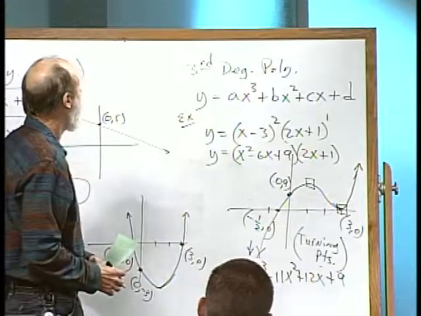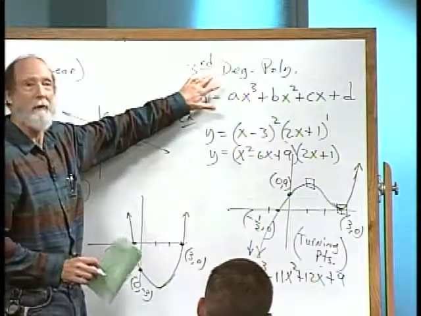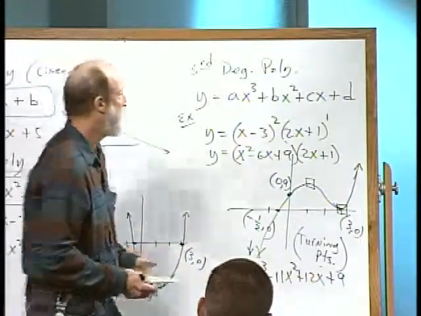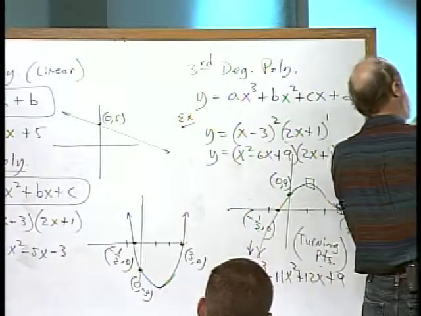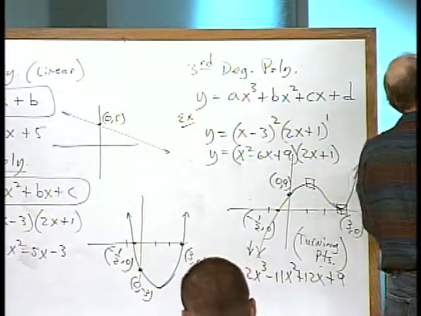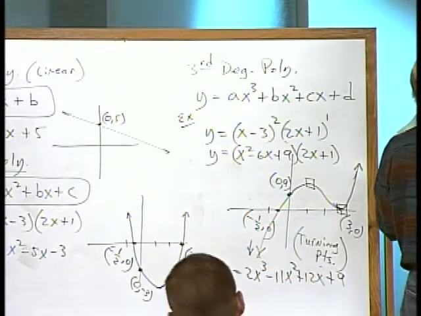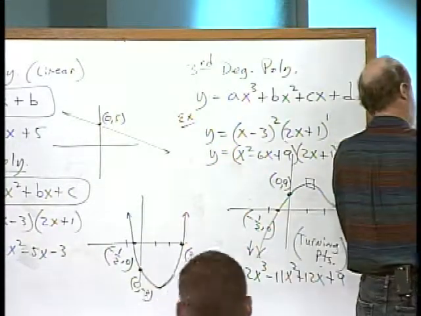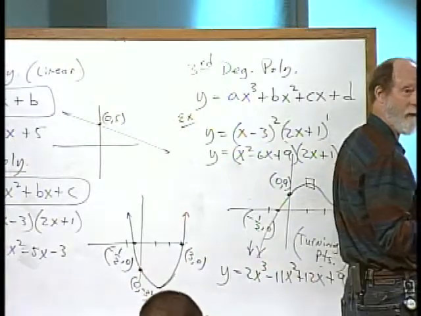Let's look at one that's then, let's go one more. Let's go to a 4th degree. Fourth degree polynomial. And this is going to have even messier general structure